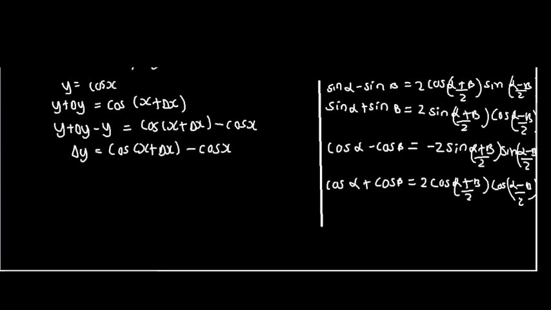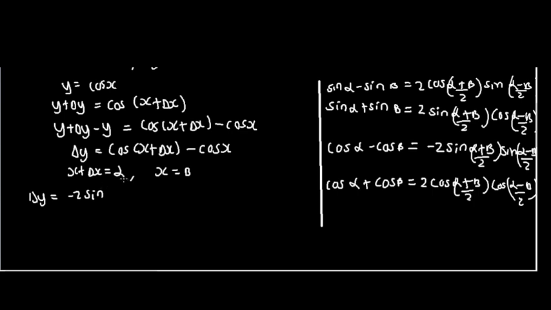After reaching this step here, we can apply our factor formula, and later on we shall divide through by the change in x. When we apply the factor formula, we shall use formula number 3. So we have cosine of alpha minus cosine of beta equal to this expression here. Let's assume our x plus change in x to be alpha and our x to be beta. So we shall have change in y equal to